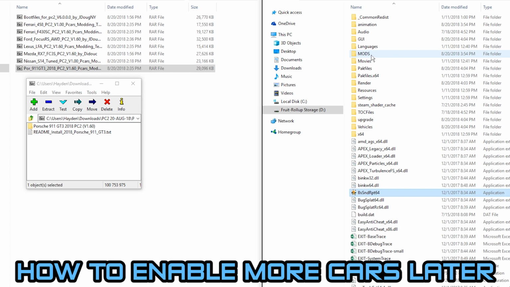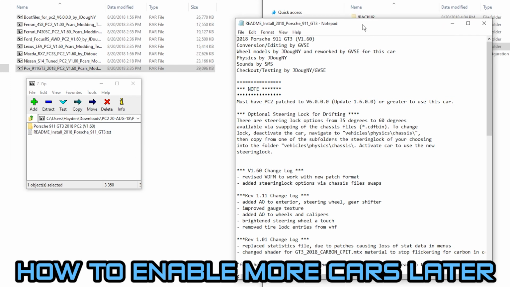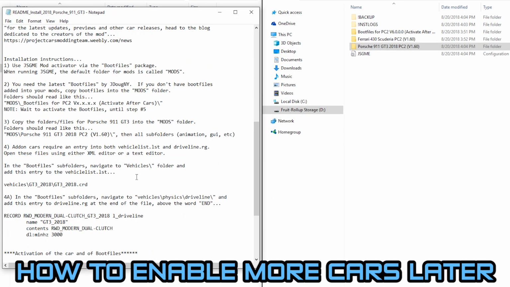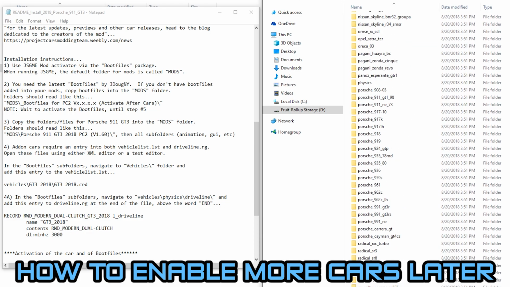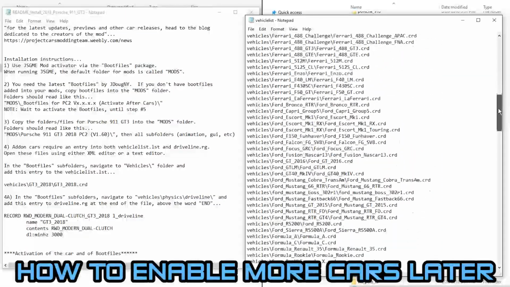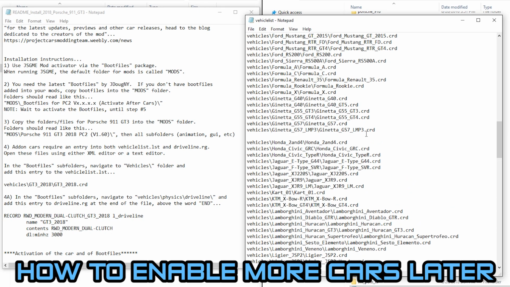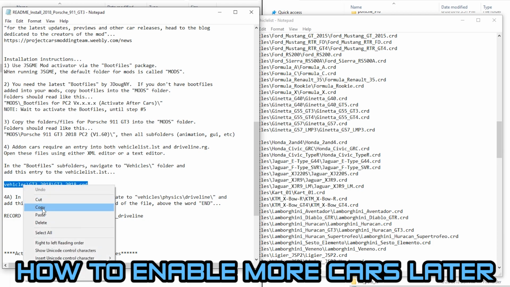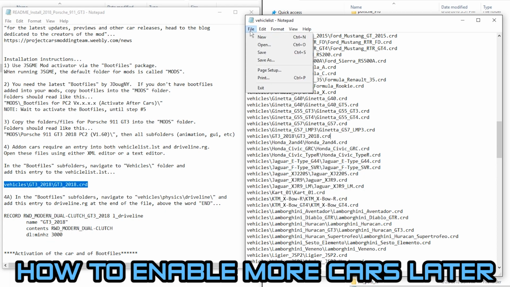Jump back over here, we'll open our mods folder, drag this over and drop it in, like that, and we'll open up our readme so we can get the text lines that we need to change. Jump back into our boot files, vehicles, right to the bottom, coming up our vehicle list. So we need vehicles GT3. So that would drop in here. After Janetta but before Honda, because it's G then T. Paste that in there and save,